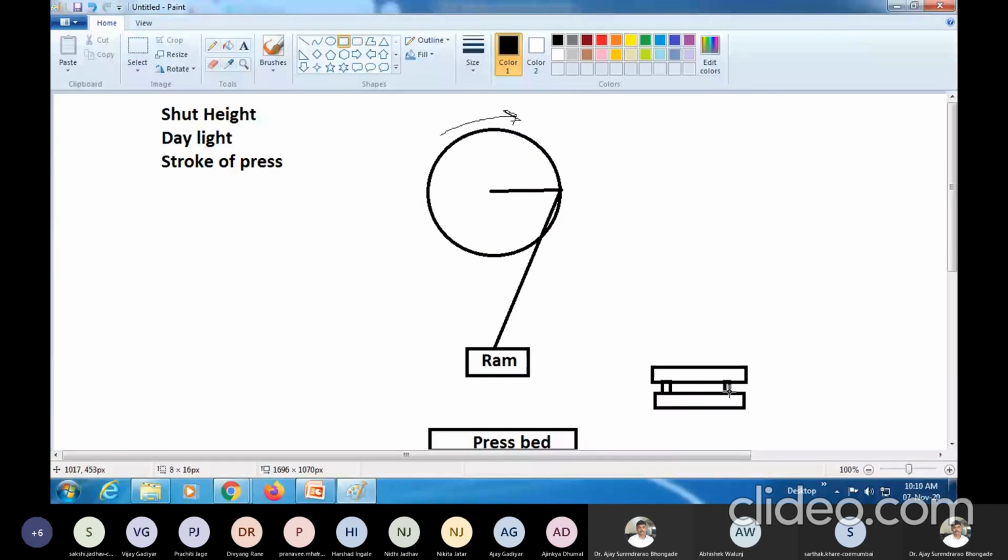So if we have such a die set, that die set has to be mounted in between these two regions there, correct? If I say this is my die set, which will be mounted somewhere here, this particular part, the punch holder or upper die set, will be mounted on the ram, and we are getting some stroke there.